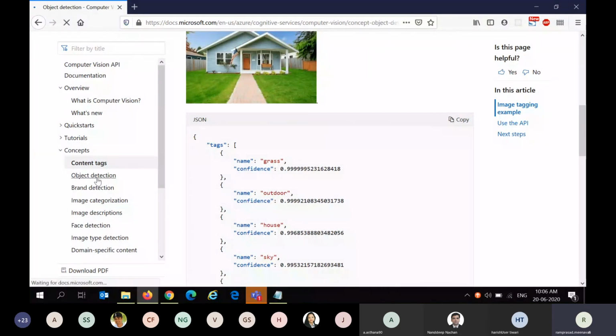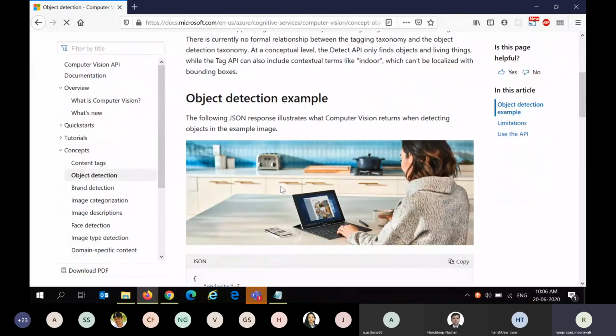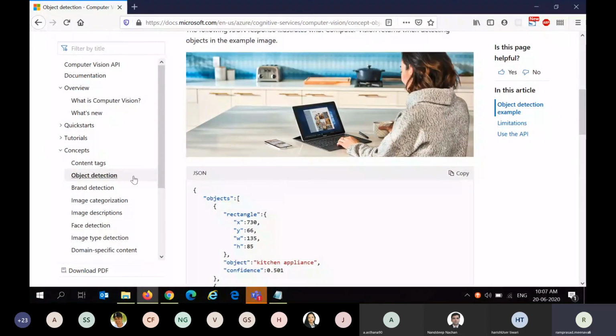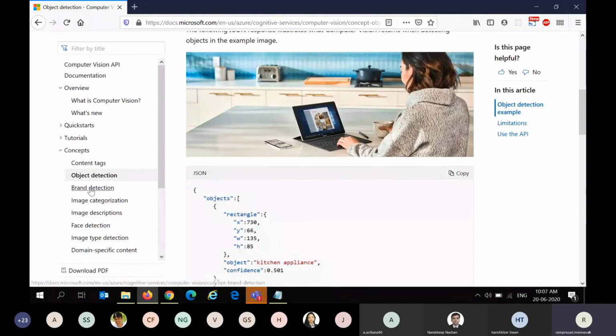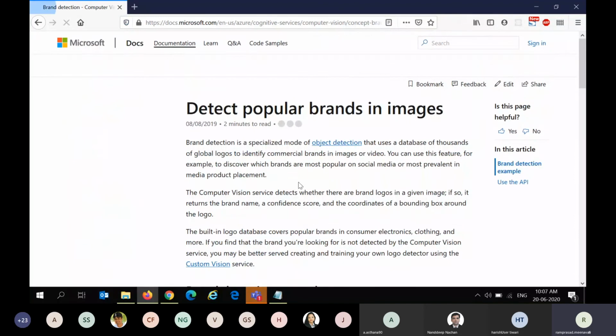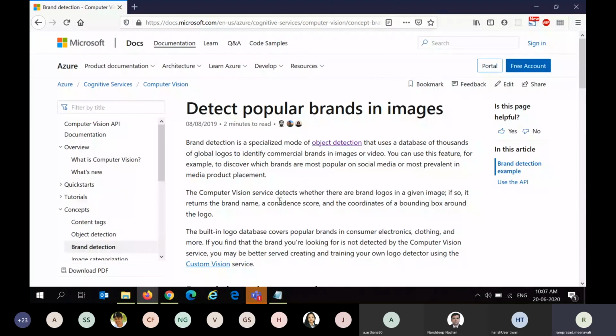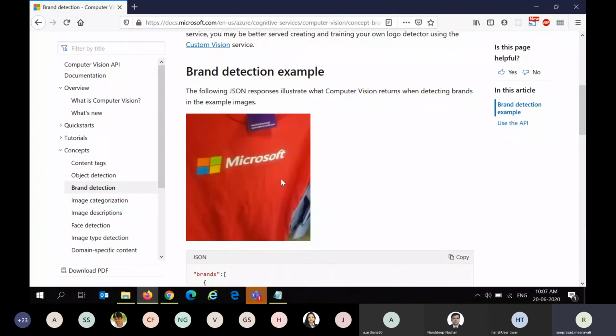The next one is object detection. This is exactly the same as content tags, identifying tags, but one additional piece of information it gives us is the coordinates of these tags, right? And then we also have brand detection. There is a predefined set of brands and logos which are fed into the computer vision model, and it will identify those brands.